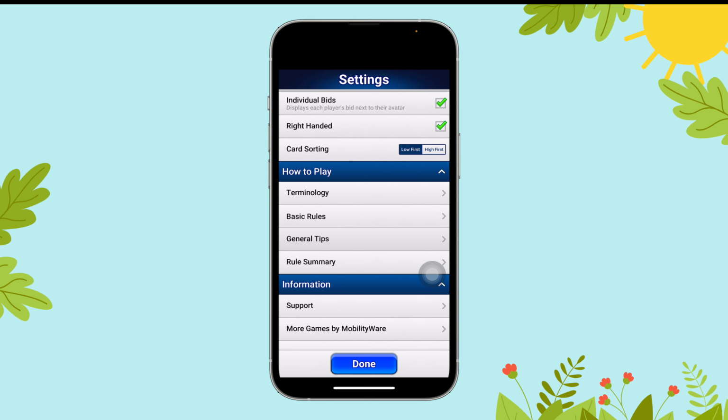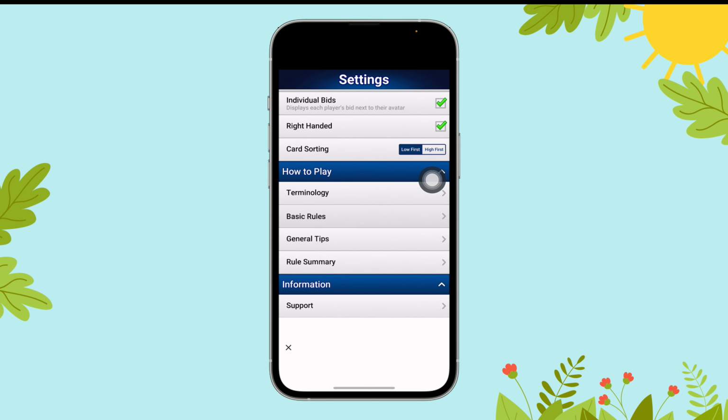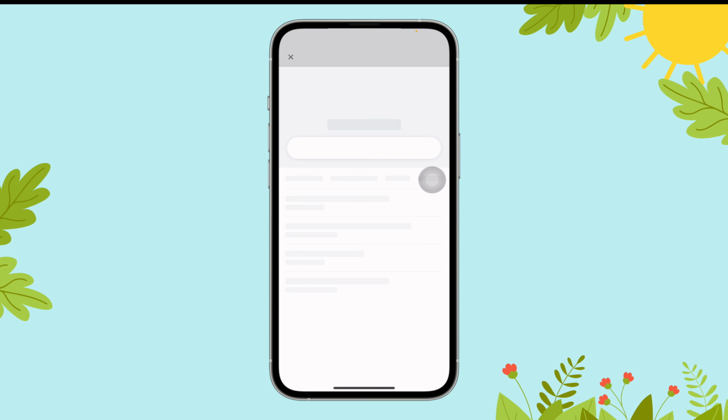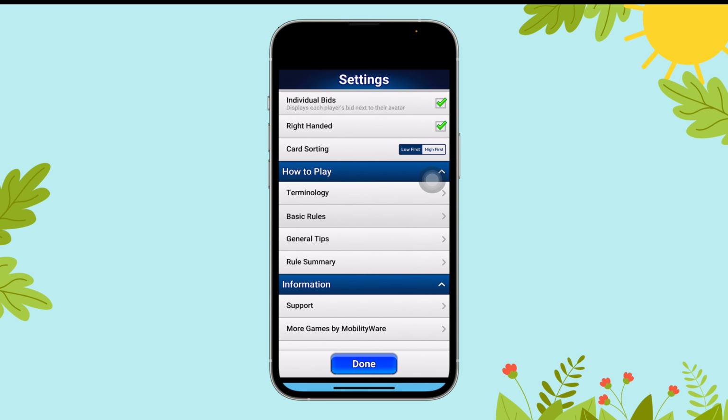Here, tap on the basic rules to find basic rules, general tips to get some tips, as well as rule summary. Finally, tap on done. And that's it. This is how you can view the basic rules, general tips, storm music, and rule summary on